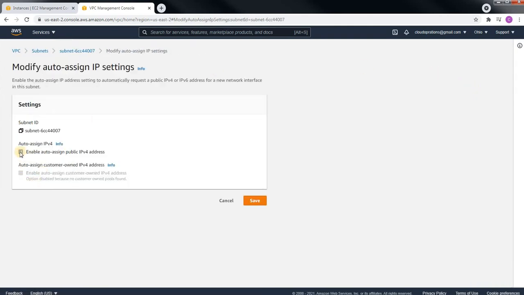Here you can see I have already enabled this. If I disable it, then I am not able to get a new public IP during new instance creation. I want this, so I'm keeping it enabled. But in your case, your audit or compliance team might ask why every instance has a public IP address.